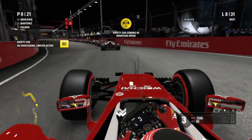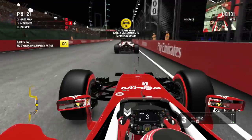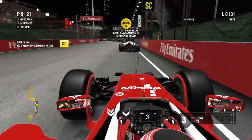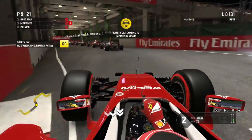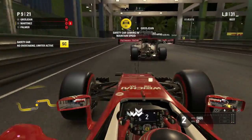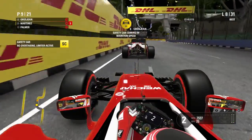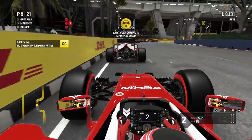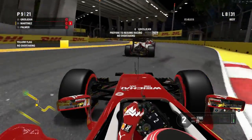It's been 3 laps under the safety car, the longest 3 laps of my life, but a couple more people have done a pit stop, so that's promoted us up into P9. But it's Verstappen who's holding up the pack, and we're going to get underway very soon for the restart. I think we're going to get moving as soon as Verstappen decides to pull away at the front. Hamilton's in second place, so he's much higher up than I expected, but now the Red Bulls are right into the fray. Also Nico Rosberg on the super soft, so it's going to be interesting strategy-wise until the